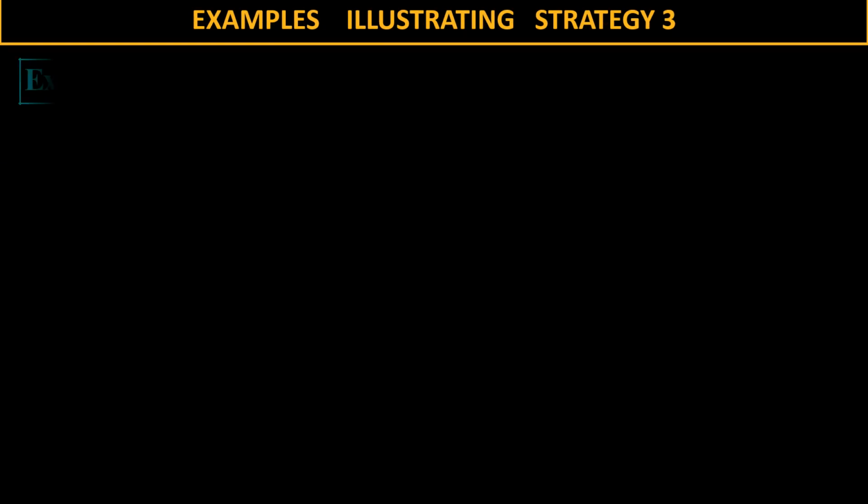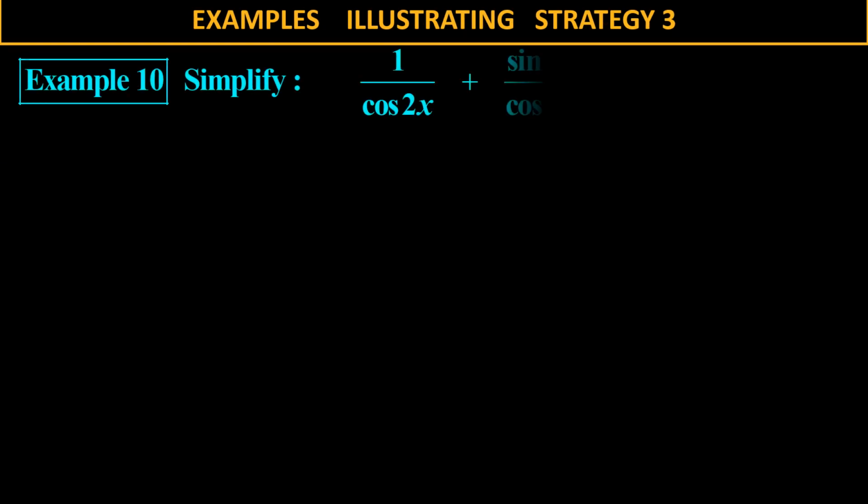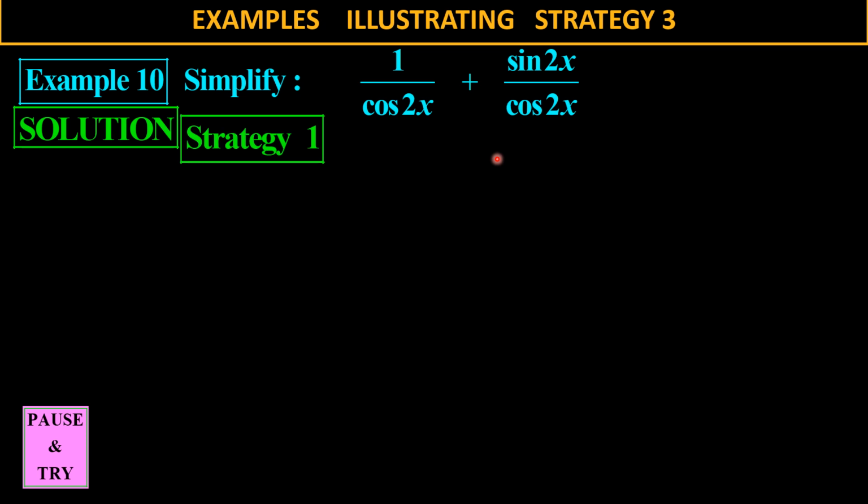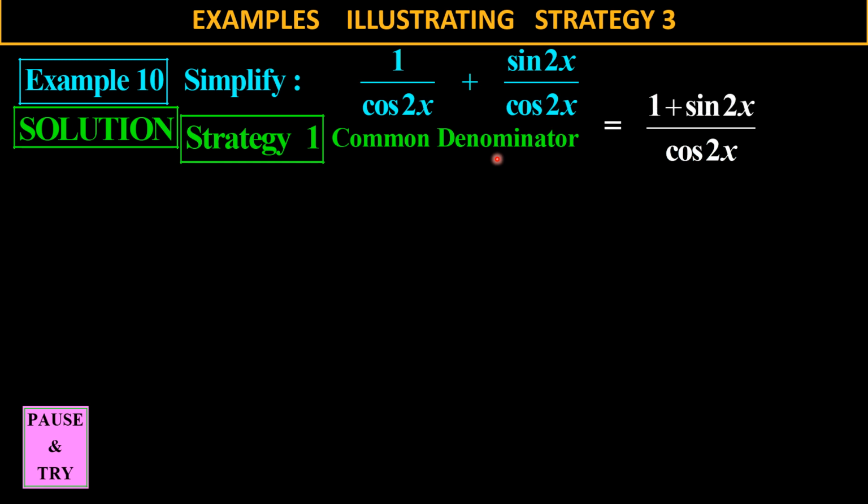Let's look at our last simplification example. Okay. First of all, no like terms. Cannot cancel, there's no brackets to remove. But I've got fractions, and fractions can be simplified. So I can use strategy 1 by using a common denominator. What's the common denominator? Cos of 2x. And there's my numerator. 1 plus sine of 2x over cos of 2x there. Now,